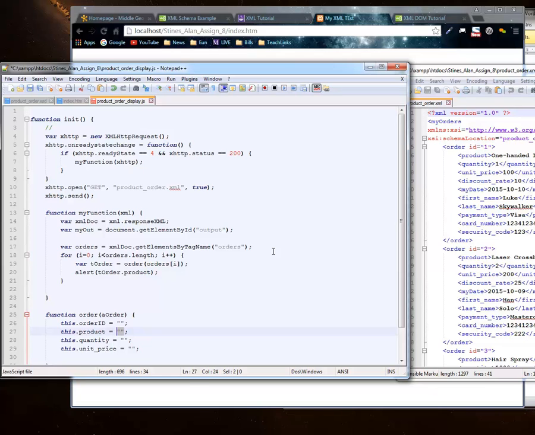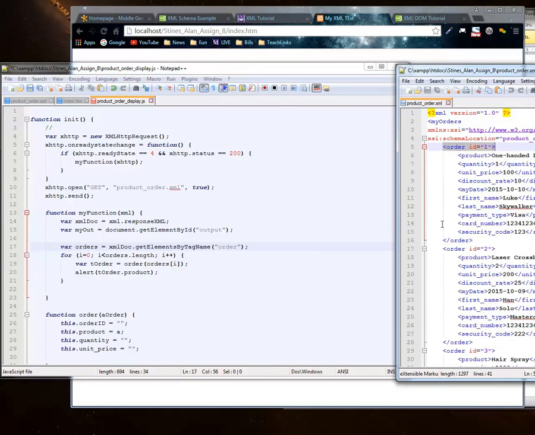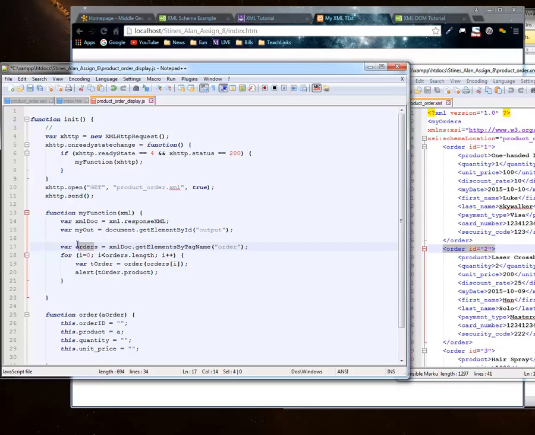At this point I've pulled all the objects that are in here, right? Order, not orders. Okay. I've pulled all of these tags into an array called orders. And for each one in the array, I'm going to cast this order to an order object and call it this, and then this is going to call back my object's property here. So